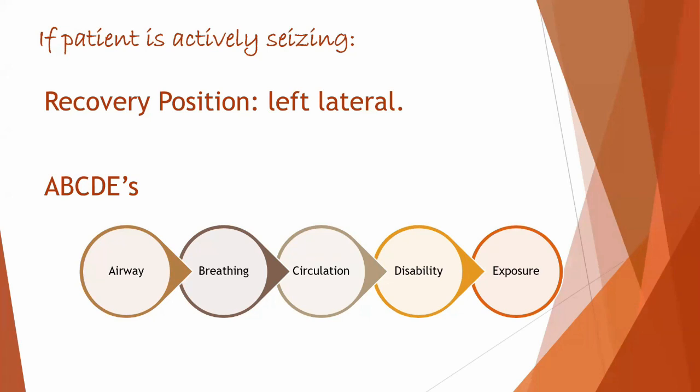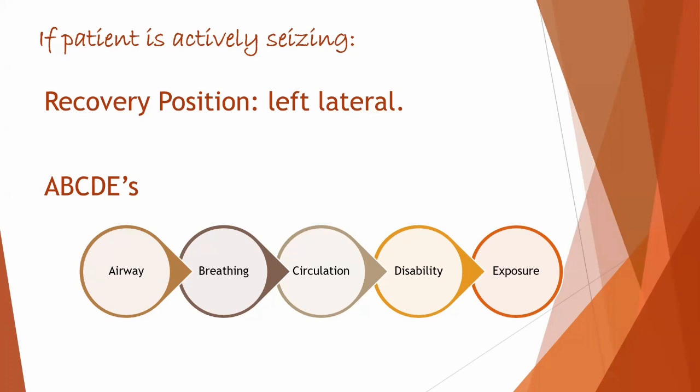Okay, then under disability, we usually use the AVPU score. So is the child alert, responding to verbal cues, pain, or is the child unresponsive? Then you also want to look at the pupillary response of the child. Then is there any evidence of meningeal irritation? Then something very, very important in seizing children is you want to do the HGT to make sure that this fit is not because of a hypoglycemia. And then you want to expose the child fully. So you undress the child, you do the temperature, you look for rashes or any signs of trauma.